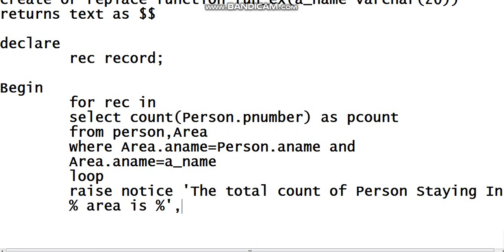The total count of persons staying in percent, this percent is nothing but the placeholder. The first one is for the area name, and the second is going to give us the count.